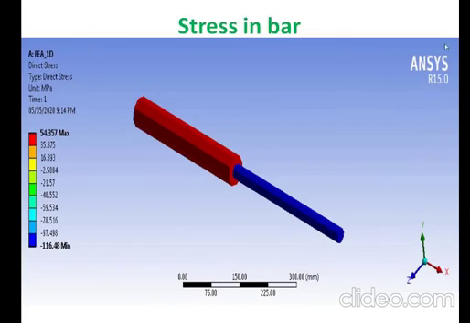The next one is stresses. So stresses in the bar, this is one dimensional, but this is a stepped bar, bar 1 and bar 2. This has a separate Young's modulus. This also has a separate Young's modulus. So I applied it and analyzed it in the ANSYS software, and I got the same result, that is 54.375 for tensile stress and minus 116.48 megapascal, that is nothing but Newton per mm square, for compressive stress. This result will be compared with the book result also.